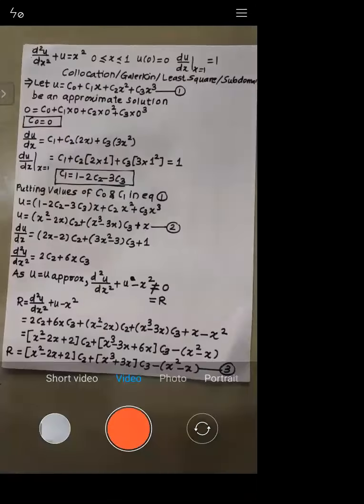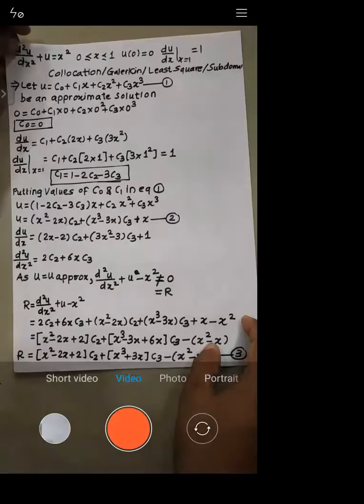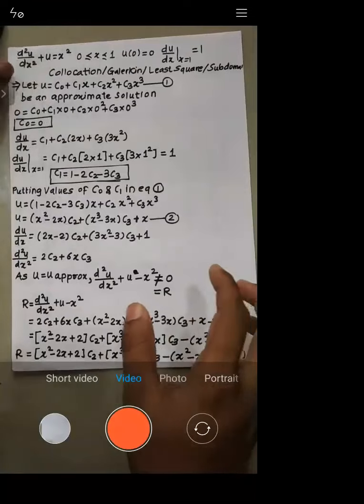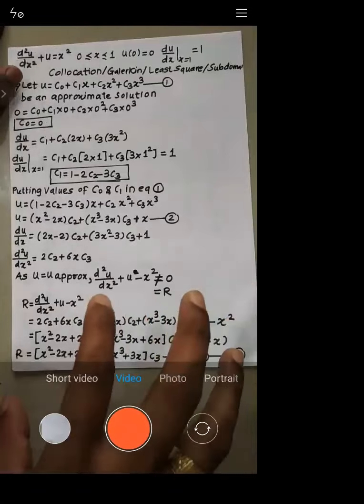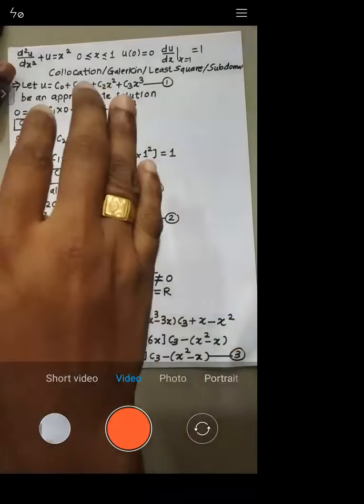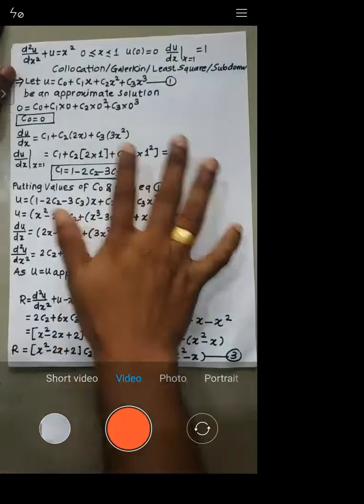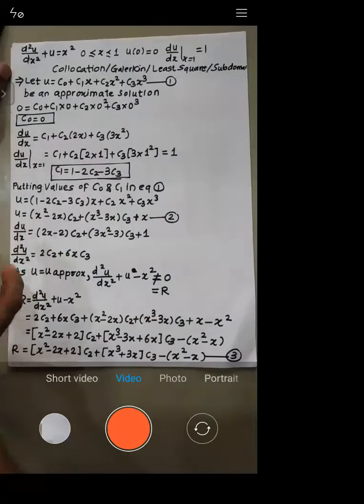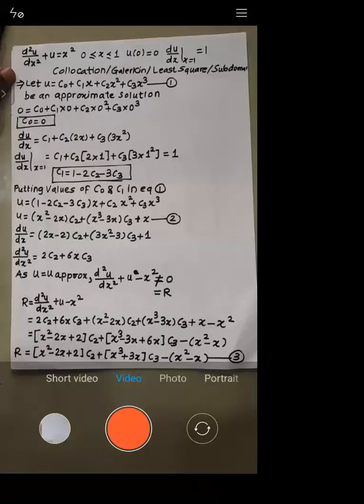Is it okay? Yes, sir. Is it okay or not? Let me know. Yes. Okay. So see, some of the methods are standard, and they will be applicable only for certain problems. But the collocation, Galerkin, least square and subdomain methods can handle any sort of problem, though they will give an approximate answer. For problems where you are not able to calculate the answer by the exact method, you need to go for such approximate methods, because it's better to have an approximate answer rather than no answer. So is it clear to everyone?